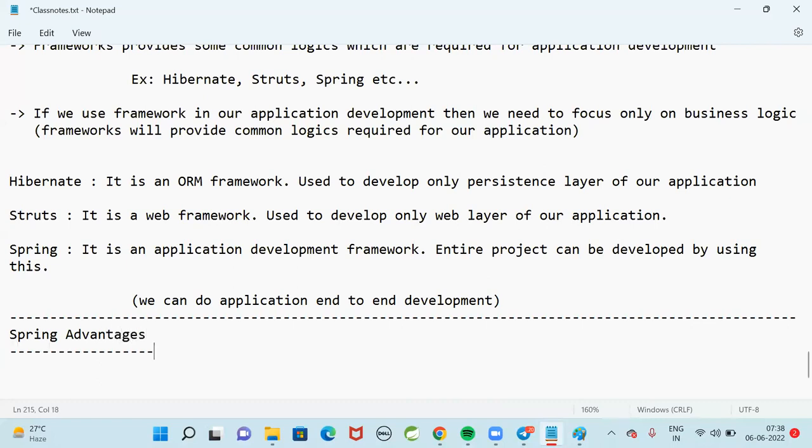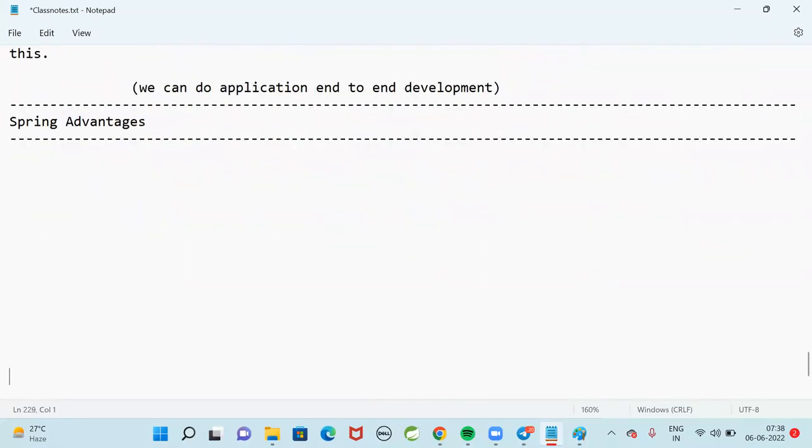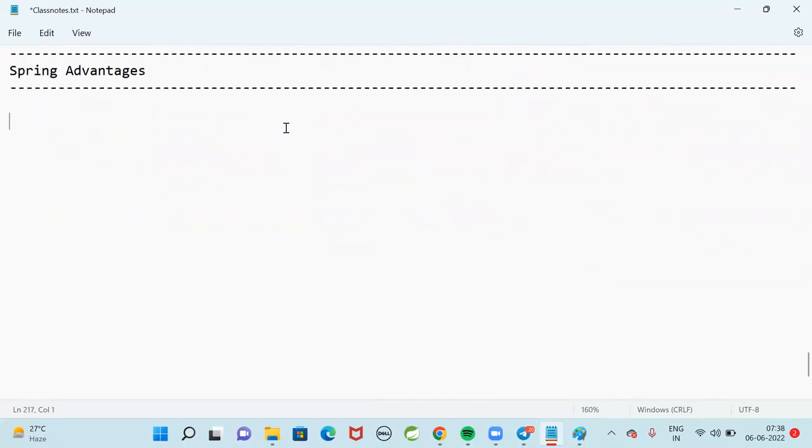Now let's talk about the advantages of going for the Spring framework. It is a free and open source framework.